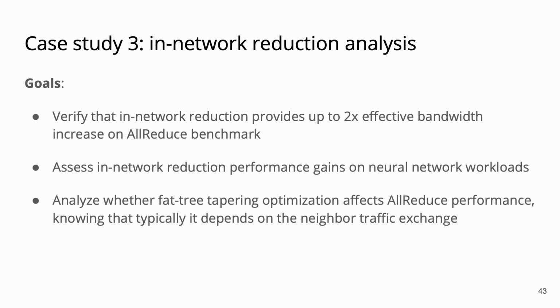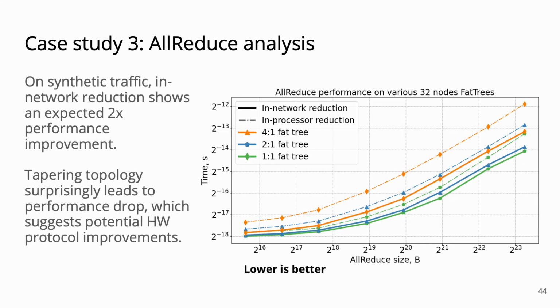We know that in-network reductions implementation can provide up to 2x network throughput, but we want to establish any significant performance gain for real applications. We are also interested to see if we can optimize network topology to cut network cost. As we saw previously, AllReduce, a dominant deep learning communication pattern, can depend only on neighboring traffic, opening up some opportunities for cost cutting. First, we need to formally verify that the network reduction achieved performance improvements on synthetic traffic.